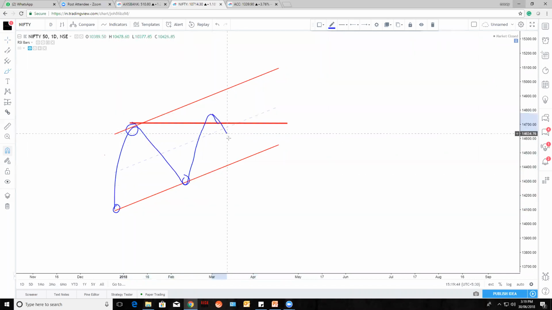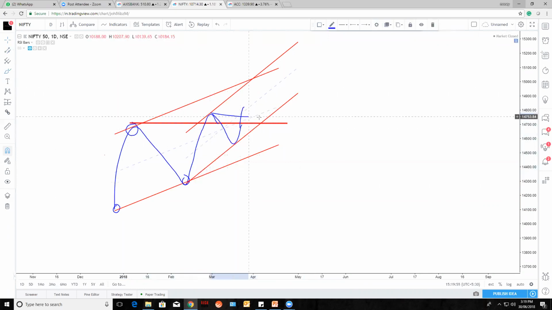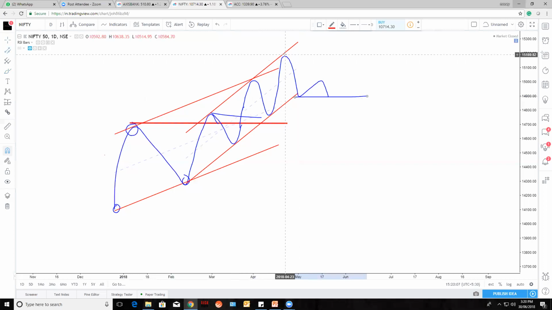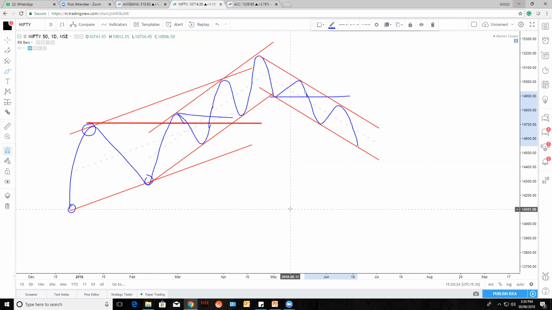Okay. After that, let's say this is making again. See, I may make a channel like this, but the important point is here. It needs to cross this high. Then only this point is valid. Again, it went up, let's say it came down, went up like this. Whenever this crosses this low, then only you will make one more channel. Otherwise, no. Let's say this is 1 point and this is a second point. Whenever this is making a low, then you are going to draw the channel, and this is a valid channel. Okay. So this is how you need to draw the channel.